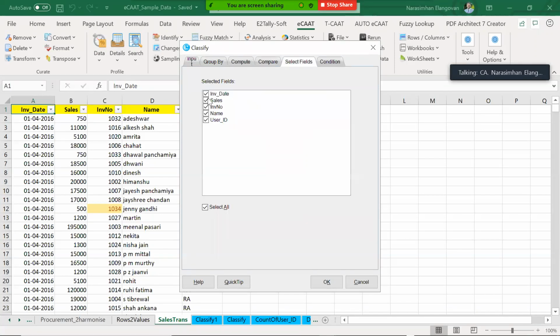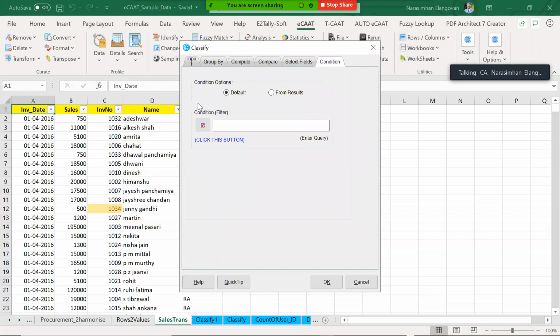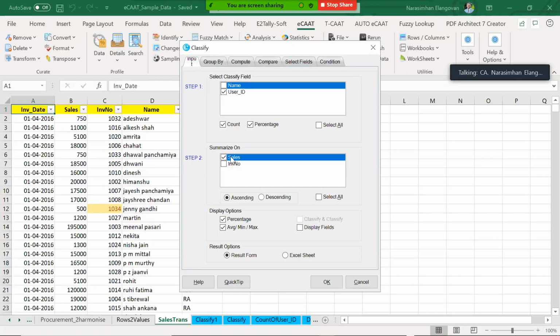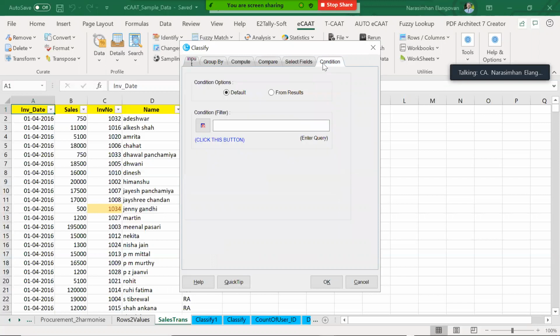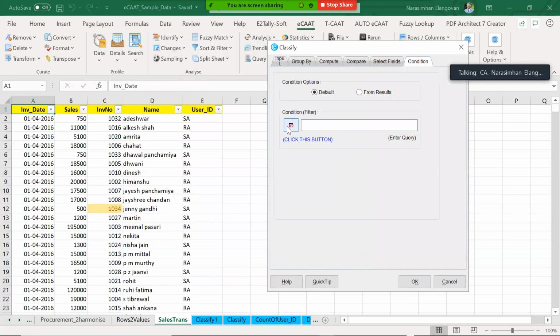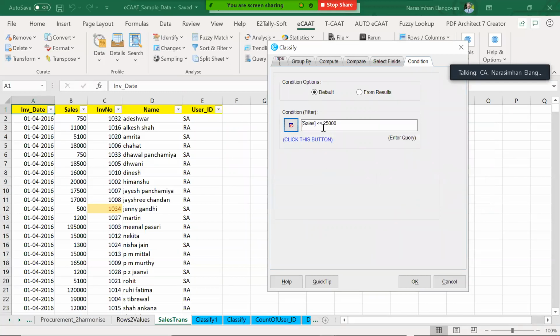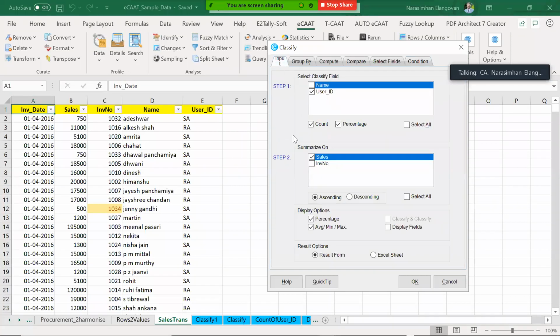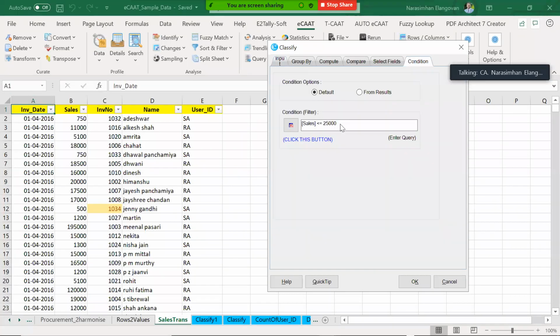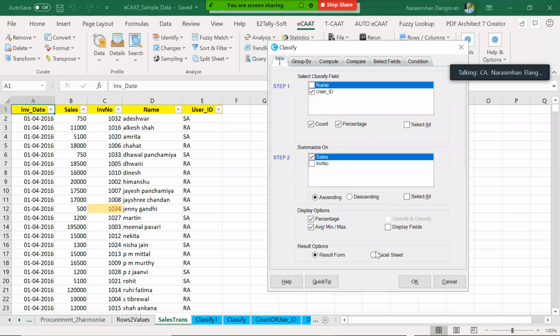Now I want only some fields to be displayed. I don't want all these fields to be displayed. So I can choose that. Or I can write a simple condition. I choose user ID and sales. I don't want grouping, but I want a condition. Give me the sales which are only less than 500. So I say, run this entire exercise only where sales is less than or equal to, sorry, not 500, I'll say 25,000. Okay, now I run this. Now it will give me the grouping summary if and only if sales is less than 25,000. Let's try to run this.